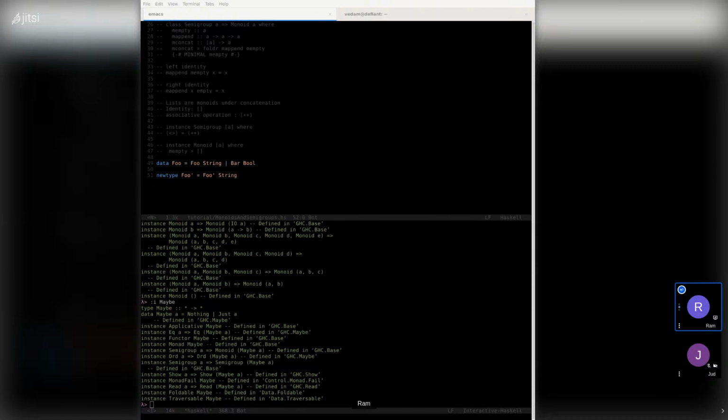So what this means then is when you are defining your associative operation, you're going to have a case to deal with this nullary construction, and you need to build and account for this possibility that there might not be a type argument in your type constructor, because it's a nullary type constructor.